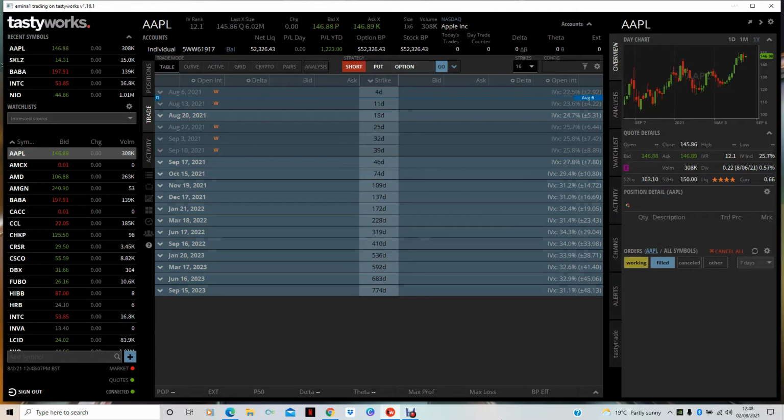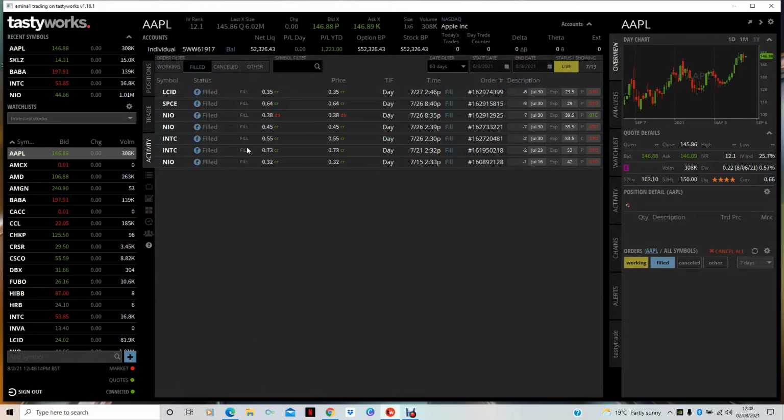So as I said, I've been doing this for 2 weeks, and my first week I traded Intel and Neo, the bottom two here. The 16th of July was my very first option trade, and the 23rd of July, that same week. And in that first week, I made £178, and it was just crazy.